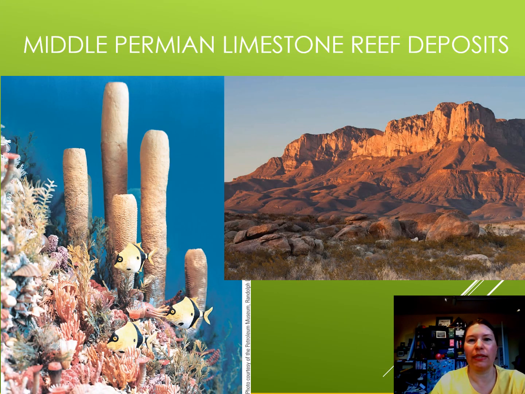Here we go. So the Capitan limestone is what this body of rock is called here in Texas. This is a reconstruction of a reef from the Middle Permian period from the Capitan limestone, and an image here of the Guadalupe Mountains in Texas. So some of the animals that we see, again, all animals, we're not looking at a bunch of plants here. These are some big sponges. So lots of sponges during the Permian. We're also seeing some bryozoans, some brachiopods, some coral.